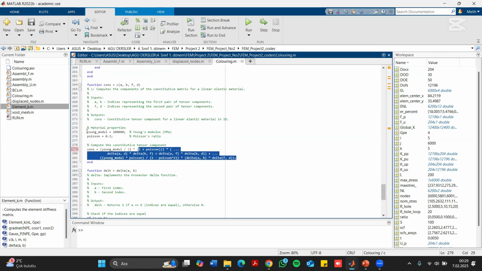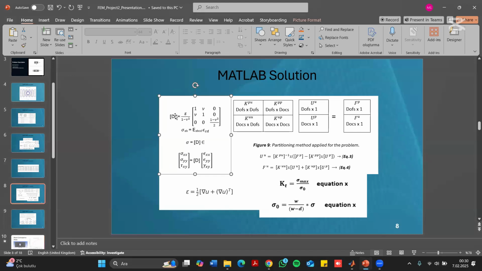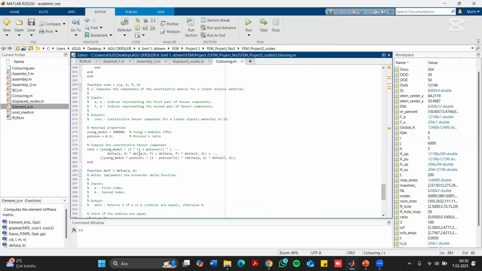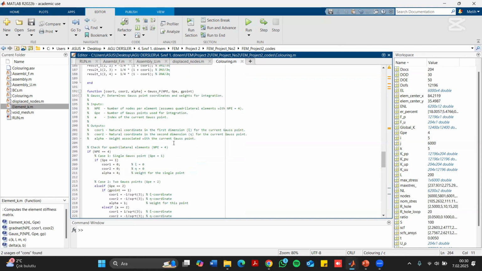So we define our Young modulus and we define our Poisson ratio and we compute our constitutive tensor components with the help of this formula. This D matrix actually is the constitutive matrix. So I explained in detail in the previous video in part 2. So as an output, we get the constitutive matrix